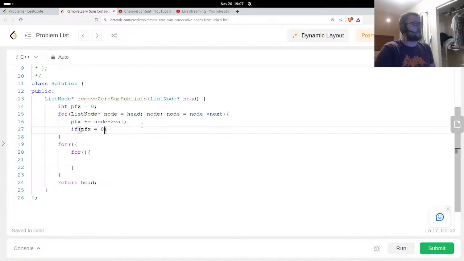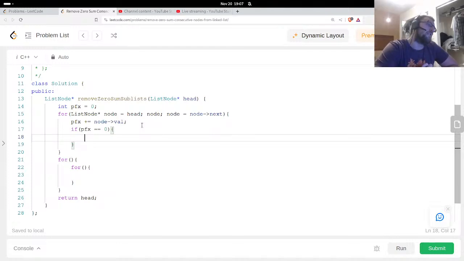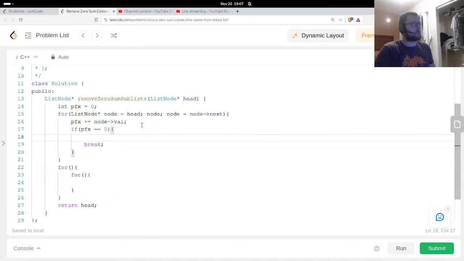If prefix equals 0, then I want to perform this modification, right? And I'm going to say we're going to create a new head, and we're going to break. So break, and I'm going to say head is going to be equal to a